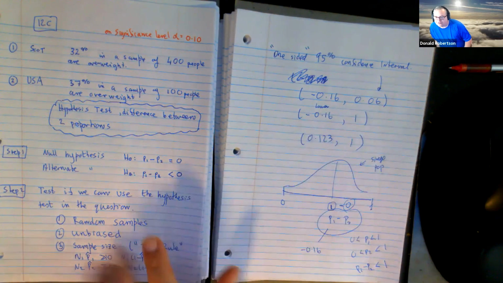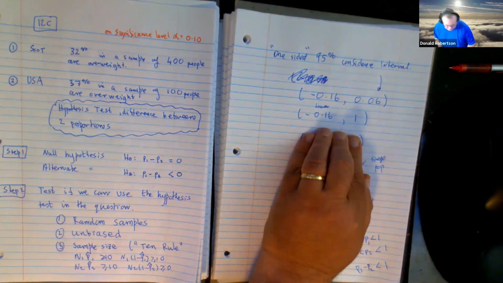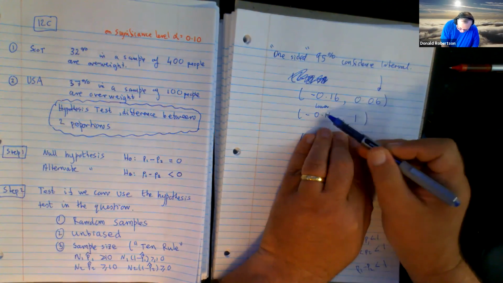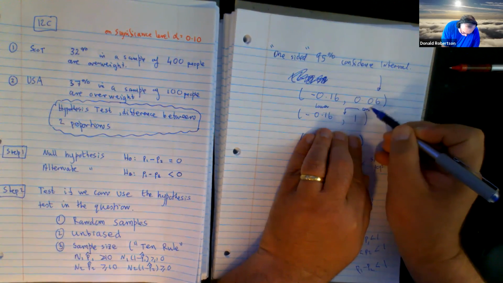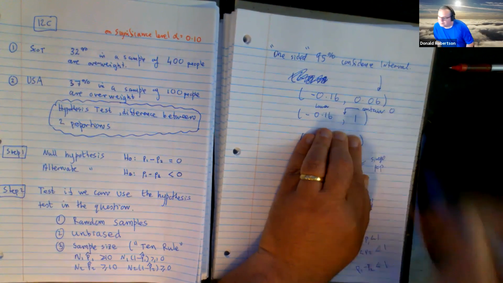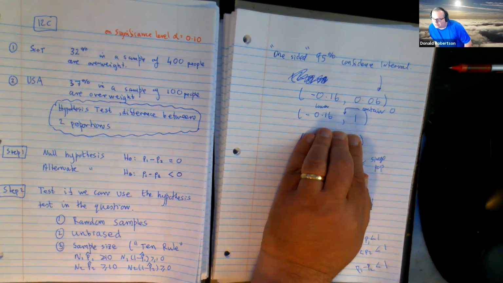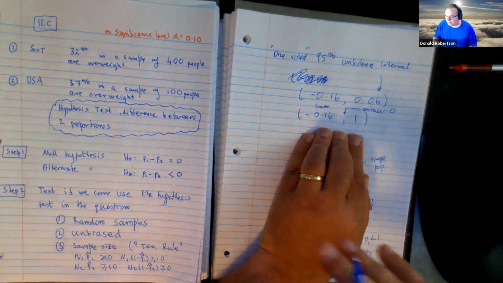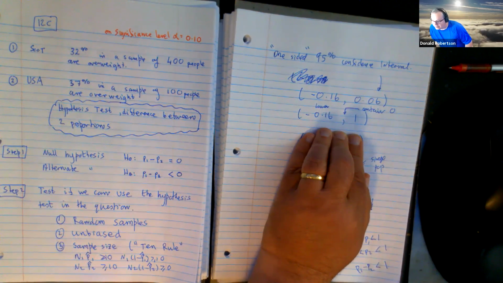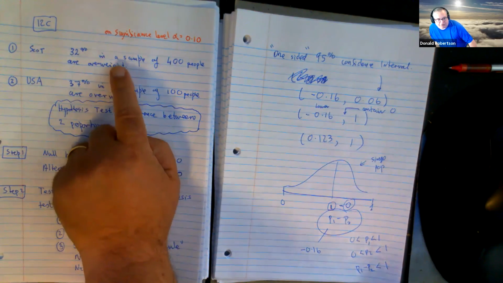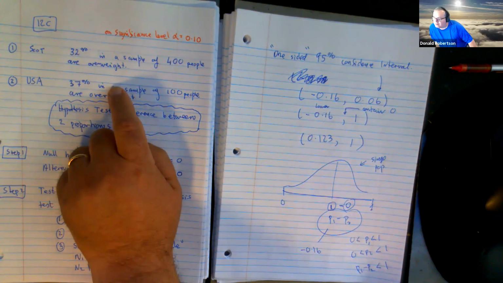Now, we can actually make a conclusion based on this. I know we did a hypothesis test, but since this represents the difference between two proportions, doesn't it contain 0? And if an interval contains 0, because some numbers are positive and some numbers are negative, does it not mean that the difference could be either way around? And that's why there was no evidence here to support the argument that Scottish people actually are less fat than